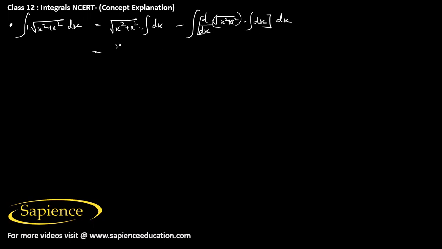So then this will be equal to x into square root of x square plus a square, and this is minus 1 by 2 square root of x square plus a square,